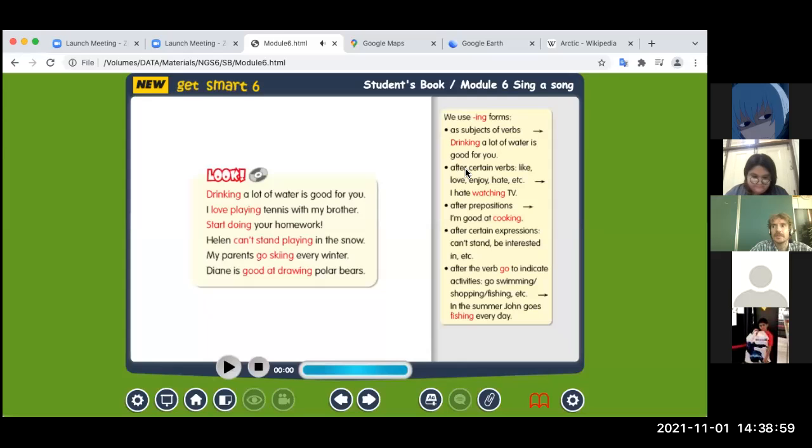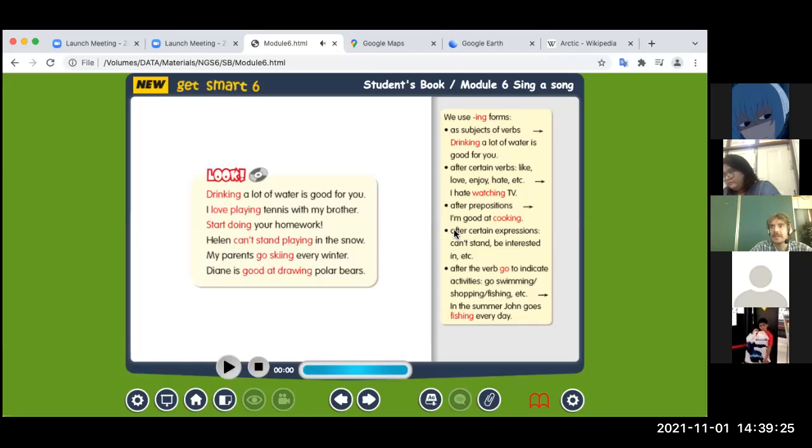After certain verbs like love, like, enjoy, hate: I love playing tennis with my brother. Start doing your homework. Helen can't stand playing in the snow. After prepositions: I am good at cooking. Diane is good at drawing polar bears.